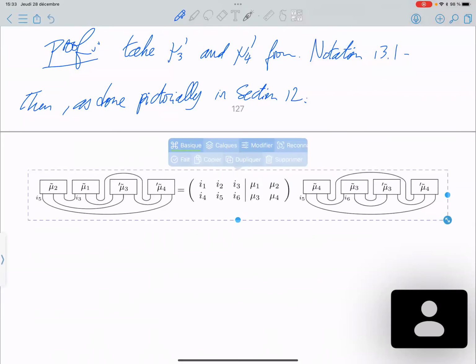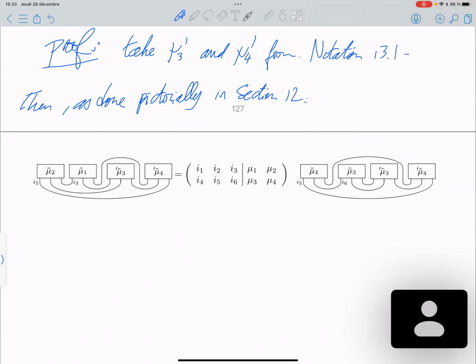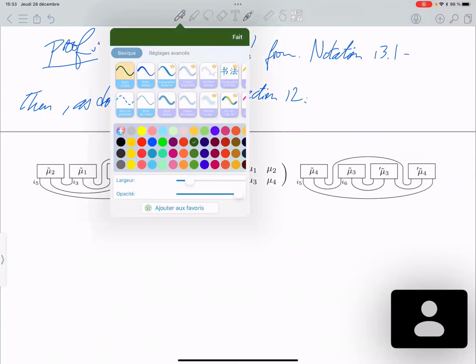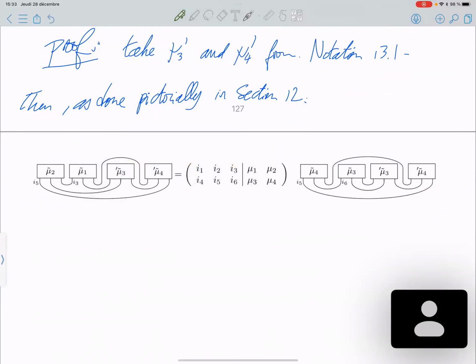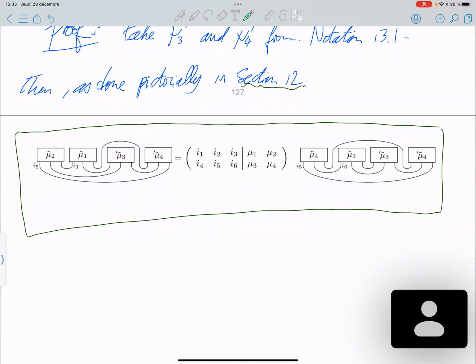Okay. So this is what we already proved in section 12. So let me write it like that. Section 12. Okay. So now we will reformulate this algebraically, but we will no more consider the tilde. So as follows, you have